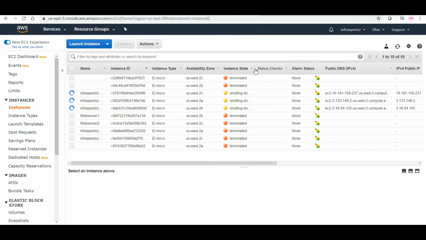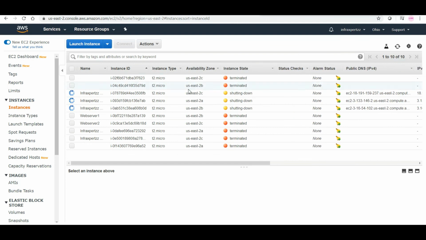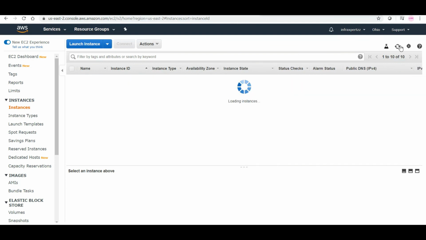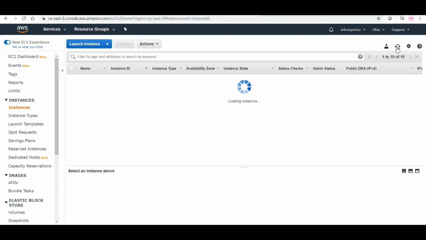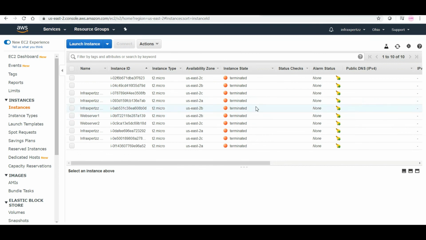As you can see in here, I have not stopped it. It is shutting down on its own, and it will be terminated too once it is shut down. After I refresh it, this got terminated. One of them got terminated, and the next one is also getting terminated. After I refresh, all of them got terminated.